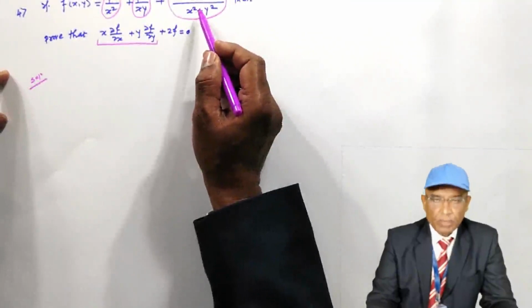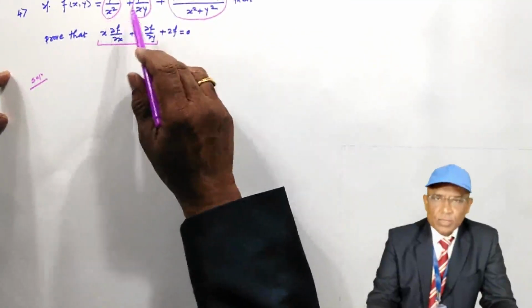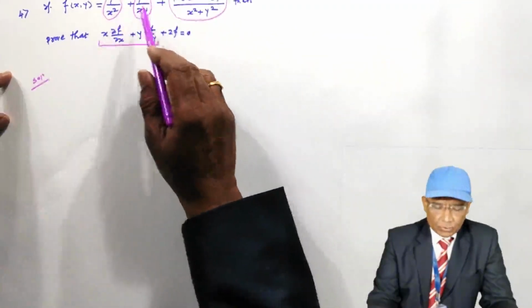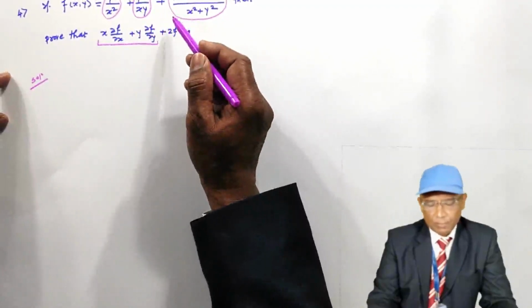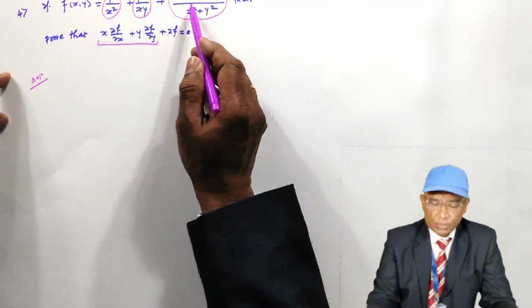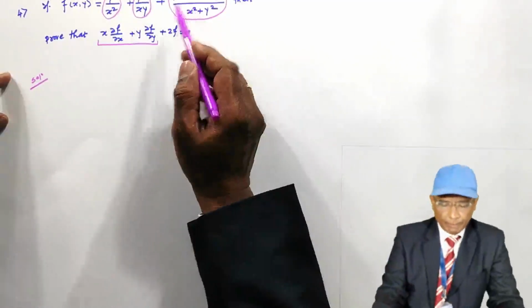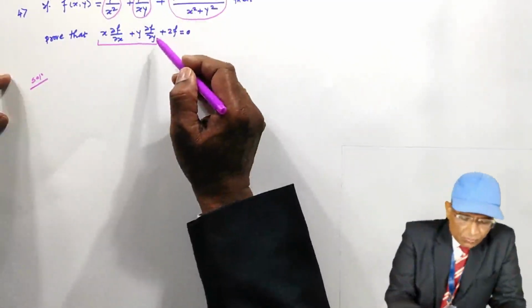And try to get this value. So you can start like that: U, V, W. Apply Euler's theorem on U, apply Euler's theorem on V, apply Euler's theorem on W. Okay. But if you look at this function,